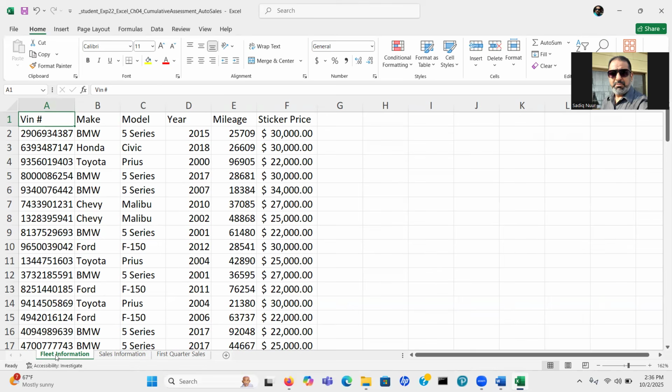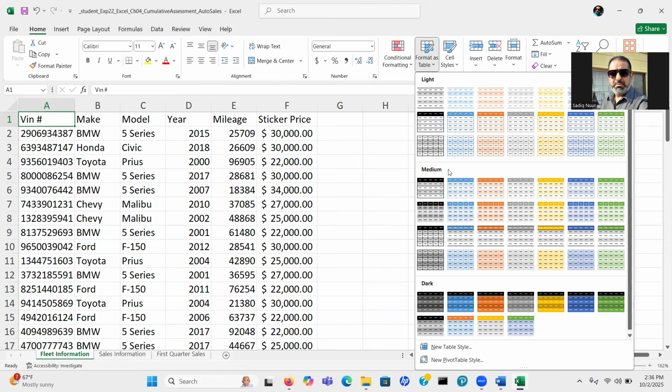As you see, I'm in the Fleet Information worksheet. To convert, be sure you are in the Home tab, go to the Styles group and click on Format as Table. Click the down arrow, go to Medium, and we are looking for Gold Table Style Medium 19.